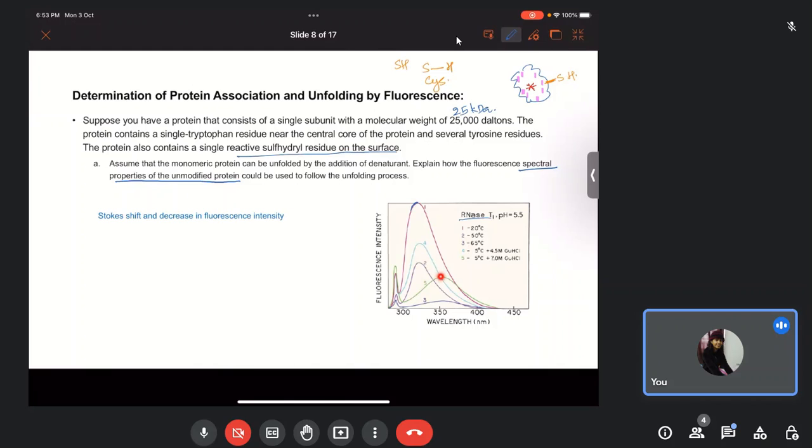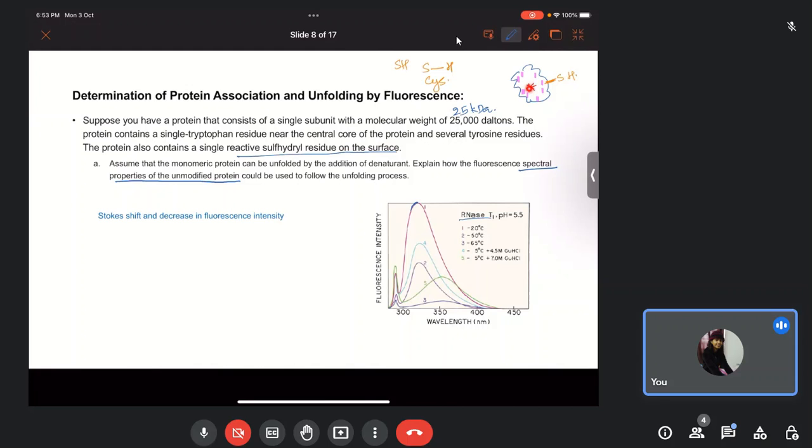But when you go to 65 degrees Celsius, which is labeled in blue and as a label of 3 here, you can see that there is a steep decrease in fluorescence intensity along with a slight shift in the peak, right? So this says that